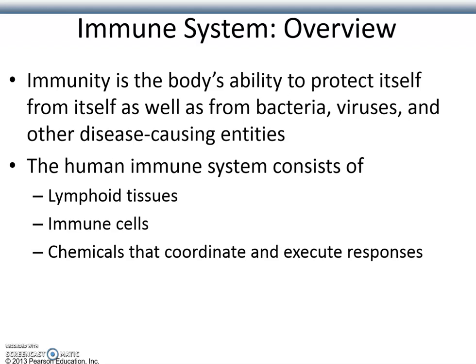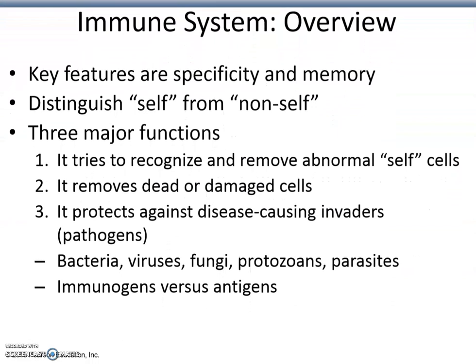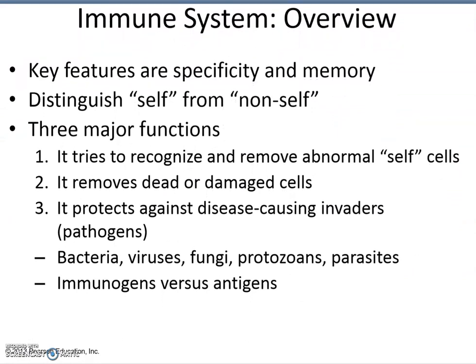Okay, so now back here to the slide. The human immune system consists of some lymphoid tissues, immune system cells, and then chemicals, interleukins for example, that coordinate and communicate between these white blood cells and then execute any kind of responses. Now, one of the biggest things about the immune system is that you have a very powerful system here,